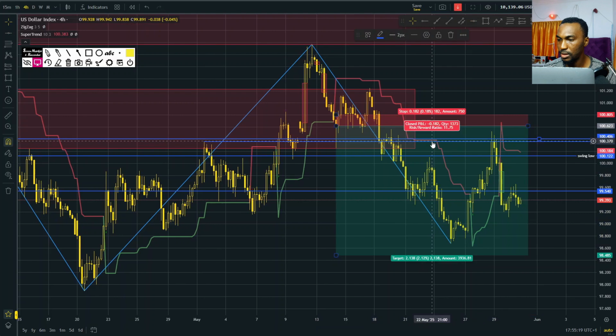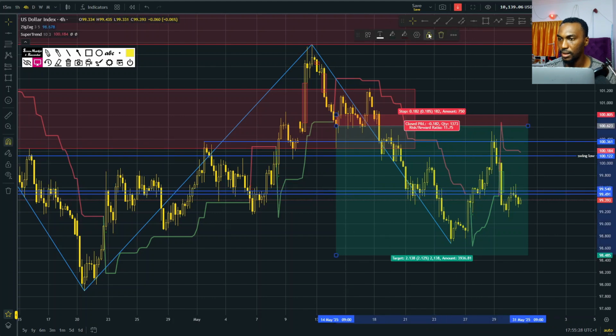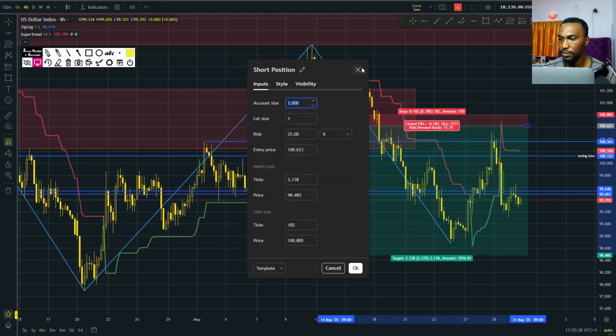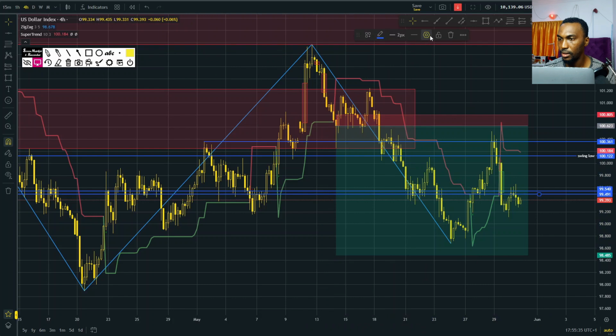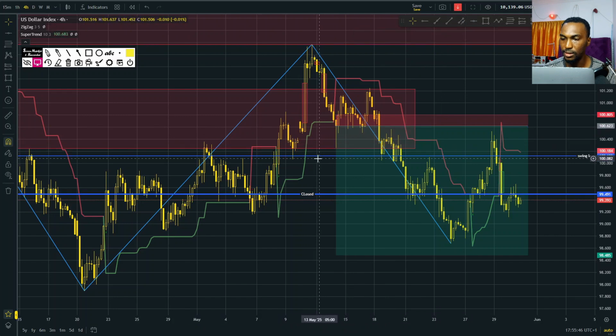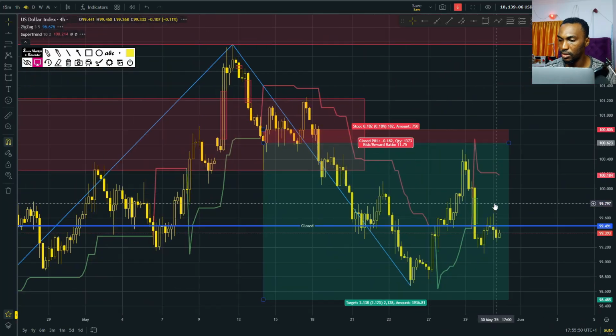You can see I would follow this line all the way here, follow it here, follow it here, meaning this is where I would have been out of the market already. So in order to make that clear, right here, this is where I would have been out of the market if I was trading the DAX, the US index. If I was trading it, this is where I'd have closed out of this trade.